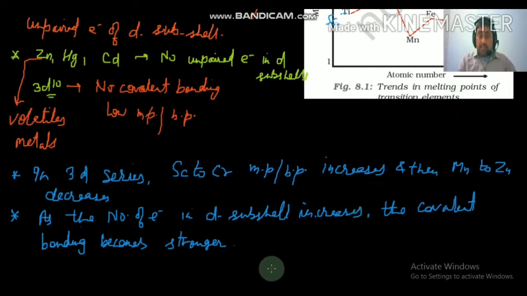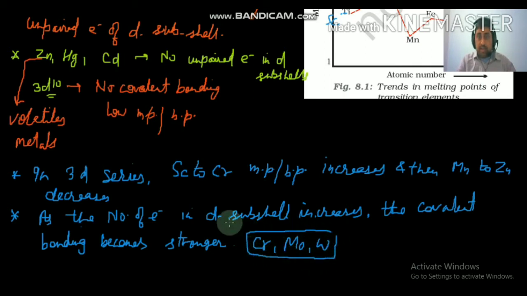And this trend, if you see, is up to chromium, molybdenum and tungsten group. So up to these elements, the number of electrons in the valence d subshell increases,